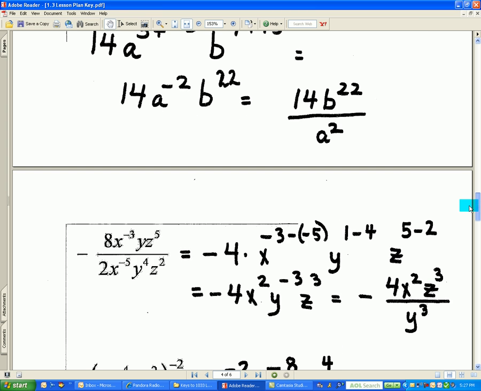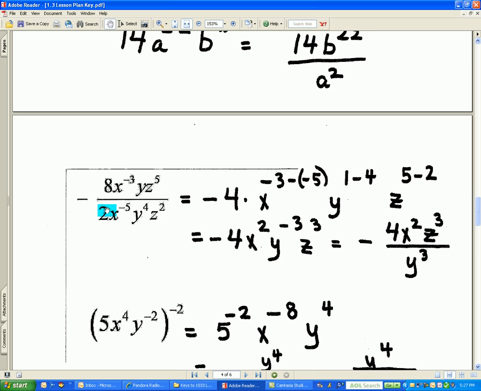All right, we have a -8x to the -3rd, y, z to the 5th in the numerator, and we have 2x to the -5th, y to the 4th, z squared in the denominator. Now again, what I try to do in this problem is put things together in pieces. So let's start. Of course, the minus sign remains in front of the problem. It's the opposite of. 8 divided by 2 is 4, so this is where I get the -4 in front,